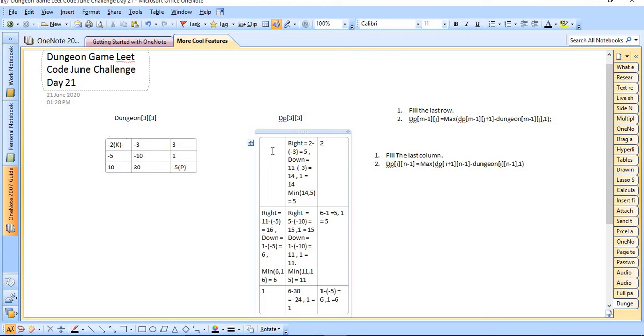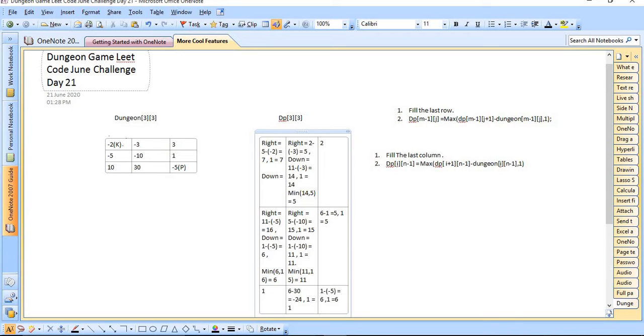Then we are going to calculate the last one. Right should be 5 minus 2, which is 7 between 7 and 1, 7 is the maximum. Then we are going to calculate the down also.